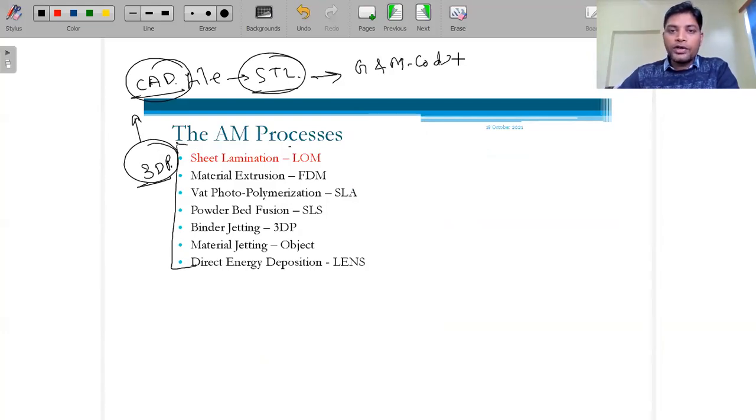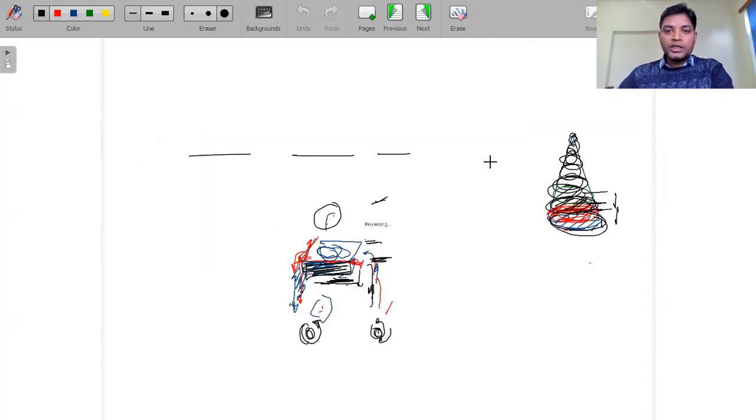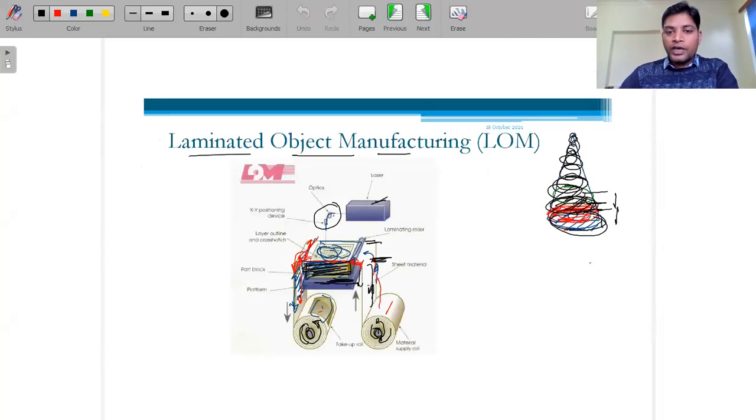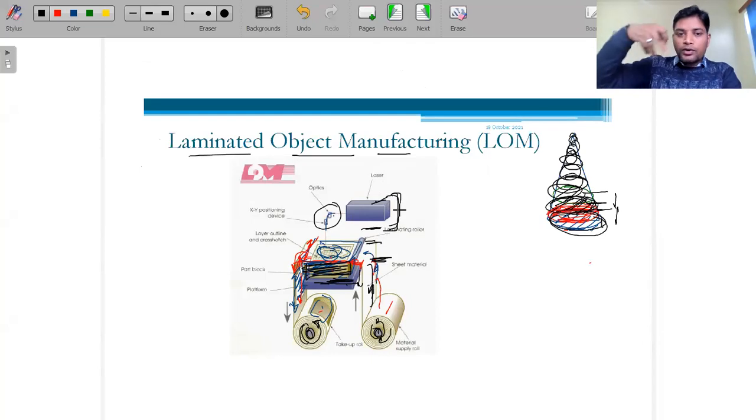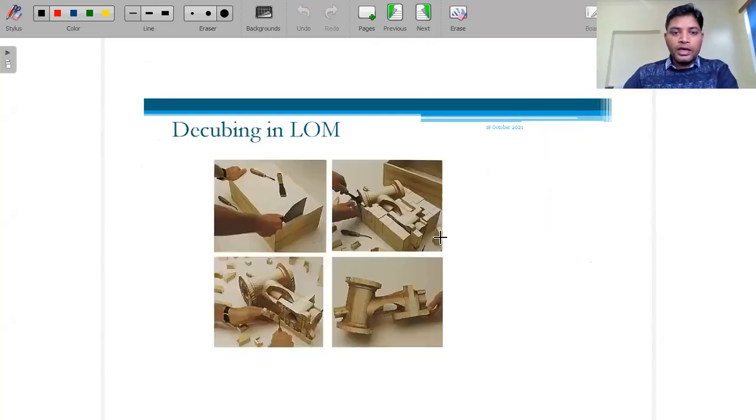By using the software of the 3D printers that we have, only then are we approaching the 3D printers, or whatever technologies that we have. Here we are talking about laminated object manufacturing. So we are giving the command to this laser, or the nozzle we can say, through which the laser is coming. We give the command to this laser head so that it moves accordingly. So this is how we can manufacture.